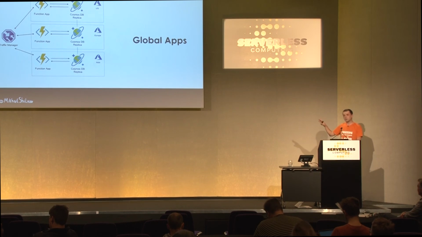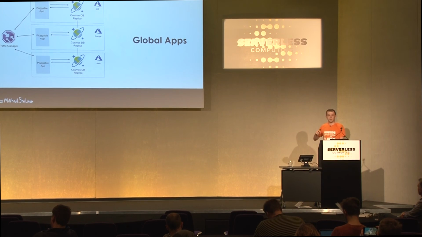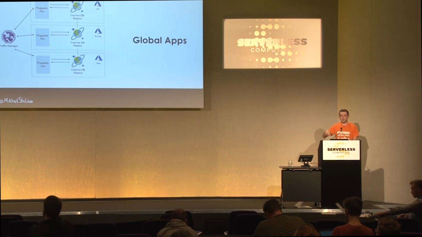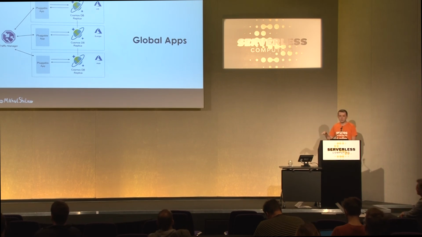But they still might want the rest of my infrastructure. Like they still want globally distributed Cosmos DB. They still want to deploy to multiple regions. They still need to route their traffic from the website. So what I can suggest to them is that I could create an abstract component which does everything except the compute layer. And once we agree on this, and once we implement this, then my application can look like a